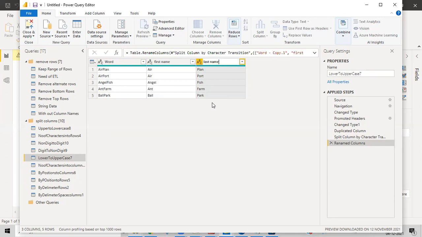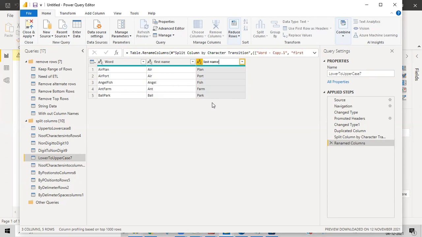Prashant, do we actually get this type of task? I mean, this type of Power Query editor, do we get a chance to do all this when we get a task? Definitely. Not in all the projects, but in some scenarios it will happen, and sometimes we need to do these kind of things.